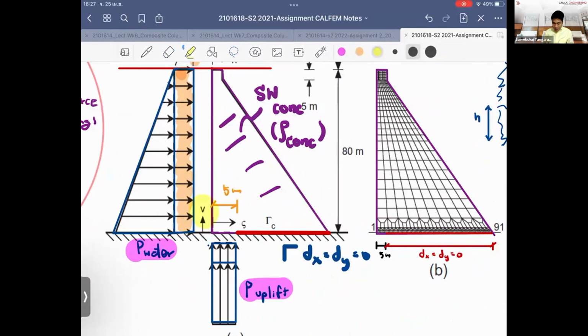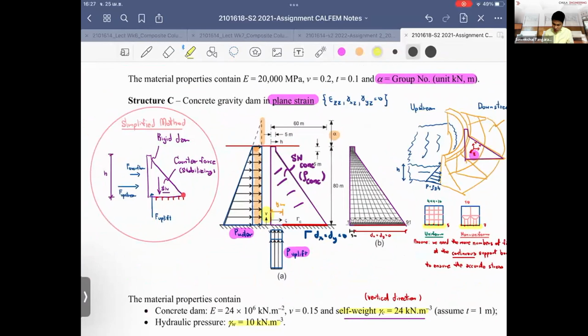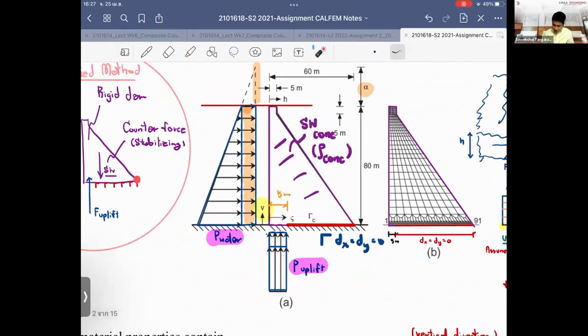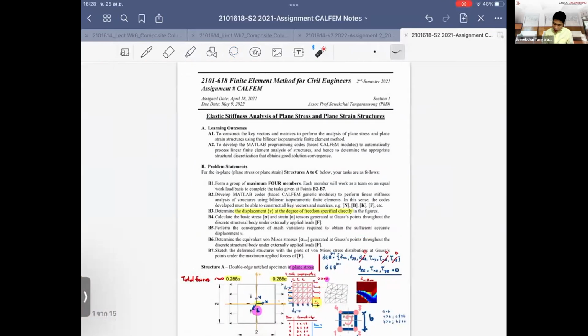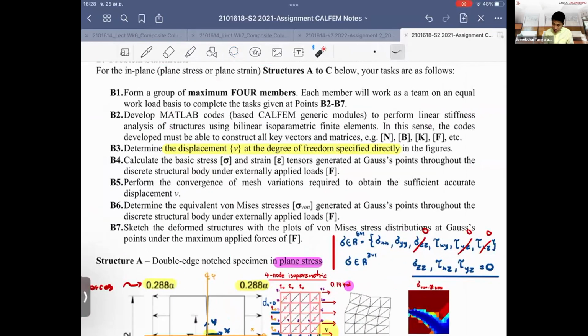at the bottom where there is uplift. So the concrete dam might try to lift up, and when it lifts up, this will open. When you plot the deformed curve, you may have it look pretty much like this. So we want to see how much the uplift is. So you have to test the convergence of the mesh you have, to obtain a sufficiently accurate